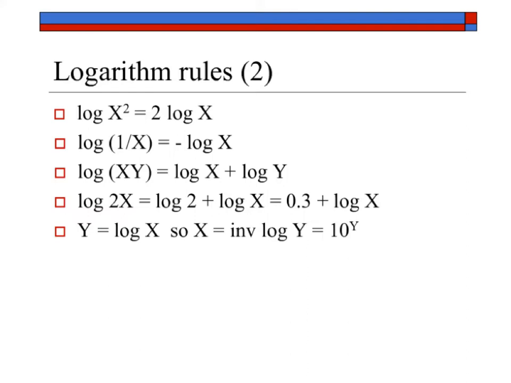logarithm. The logarithm of 1 over x is equal to the negative of the logarithm of x, or -1 times the logarithm of x. The logarithm of two numbers multiplied together, logarithm of x times y, would be the logarithm of x plus the logarithm of y. So as an example of this, the logarithm of 2x would be the logarithm of 2 plus the logarithm of x. And we know that the logarithm of 2 is 0.3, so it would just be 0.3 plus the logarithm of x. These and other rules are useful in working with acoustical problems because